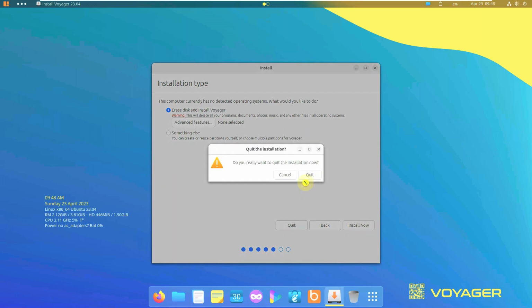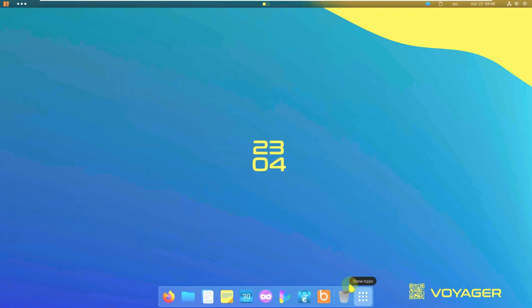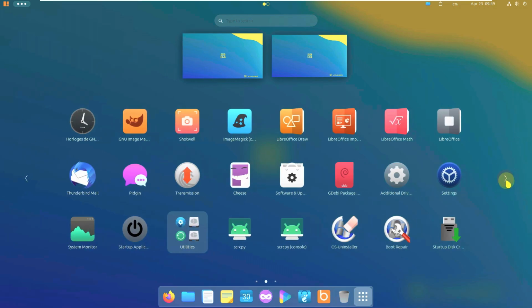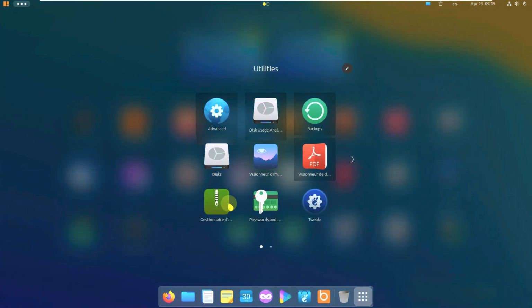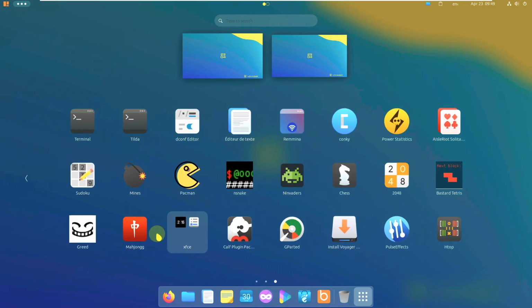So let me close this installer, and let's go through the pre-installed apps available. On the first page, these are the apps available right now, and these are some of the new icons of LibreOffice. You already know. This is the second page. As you can see here, they gave a lot of apps. So this is the third page,